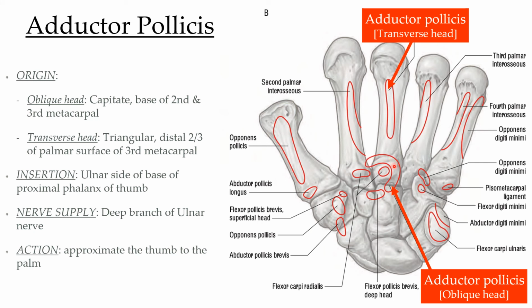These are the heads of the metacarpals. This is the shaft and this is the base of the second metacarpal and the base of the third metacarpal. This C shape is the site of origin of adductor pollicis. So we may describe it as the base of the second and third metacarpal and the adjoining part of the capitate. This is the capitate bone. So this represents the site of origin of the oblique head of adductor pollicis. The transverse head takes origin from the shaft of the third metacarpal bone. So this represents the site of origin of the transverse head.